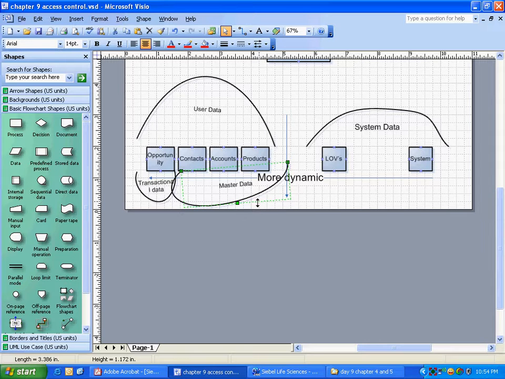Should be transactional data. It is even more dynamic than opportunity, by the way. In a company, the maximum data is of activity because they enter activities every day. For every opportunity, they enter 10 activities. So that is the maximum.